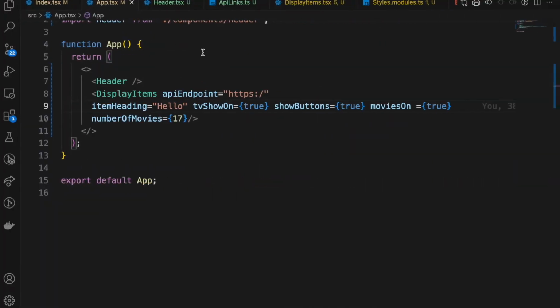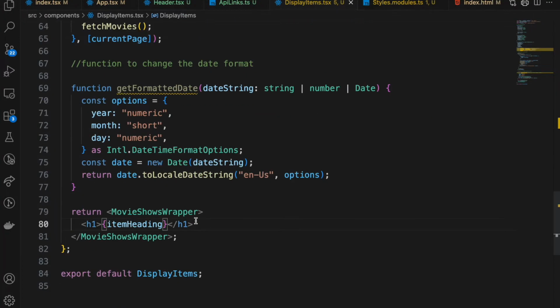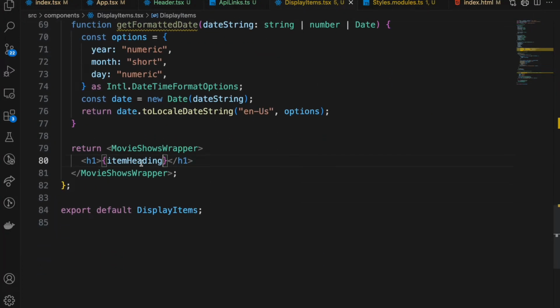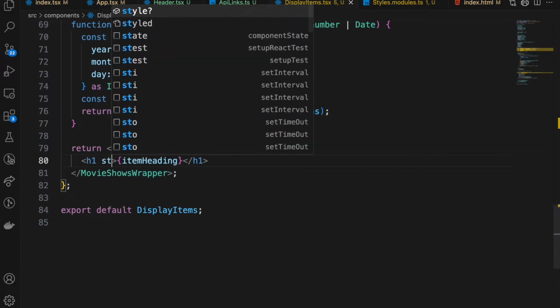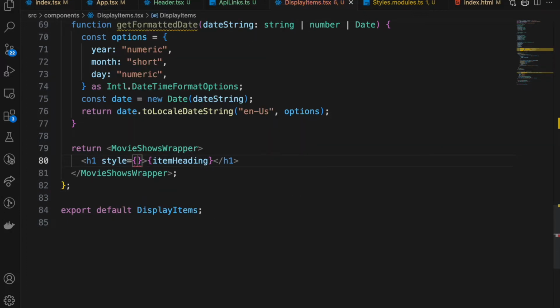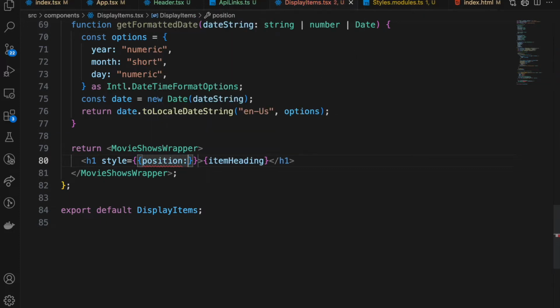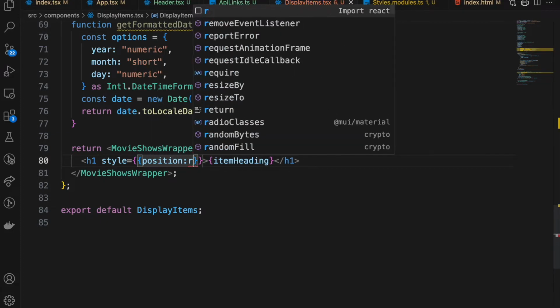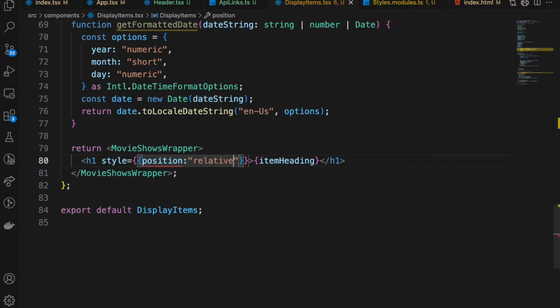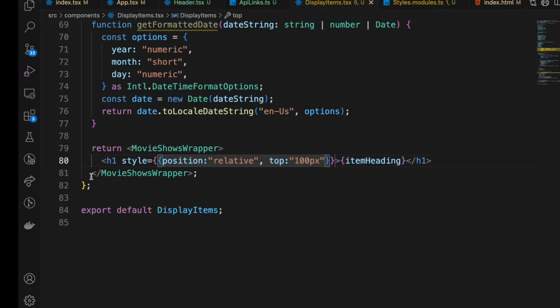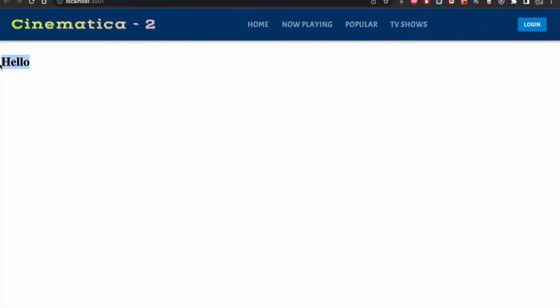So let's go ahead and try to give it styles, position relative, top 100 pixels. There it is. Like I said, it was hidden behind that because the margin is 0 there. So now we can see,